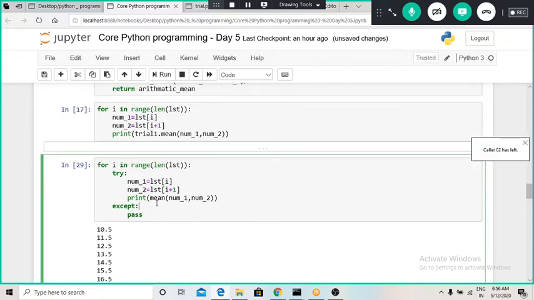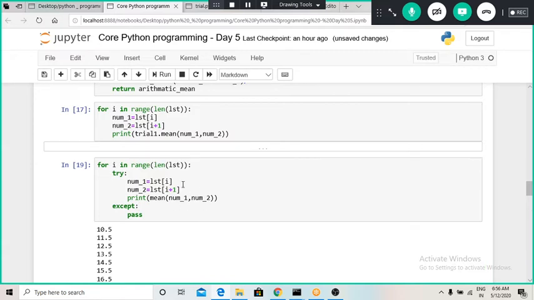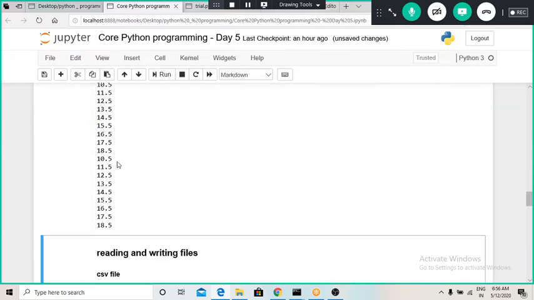Here I am accessing this mean function and providing two numbers, but all these operations are executing inside the try and except statements. When I run this particular command, you can see there is no error.